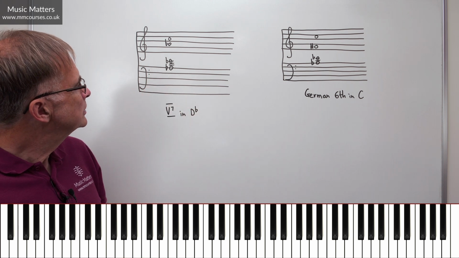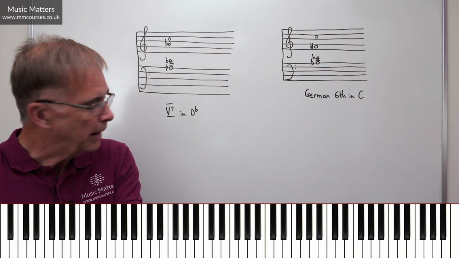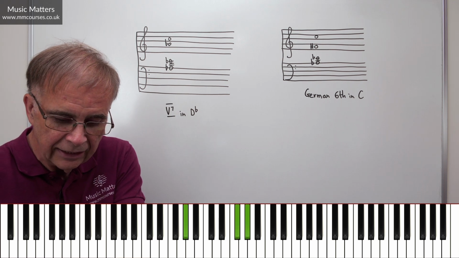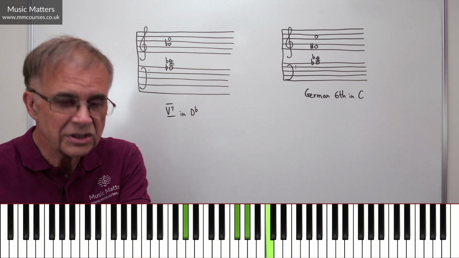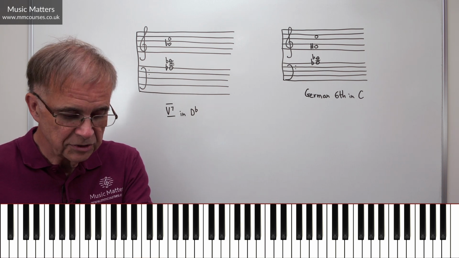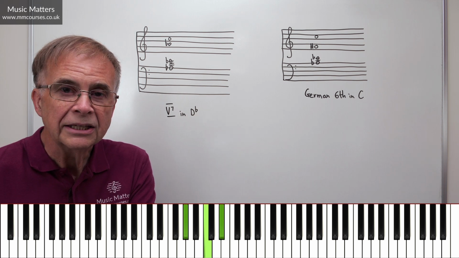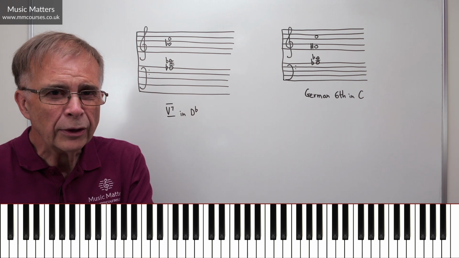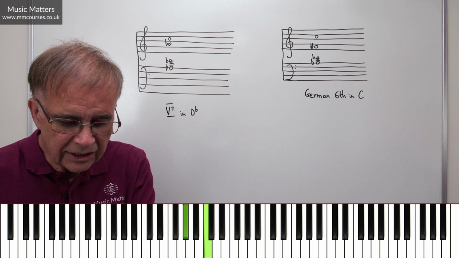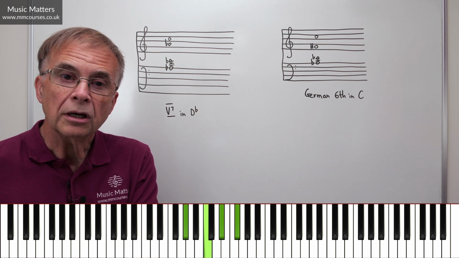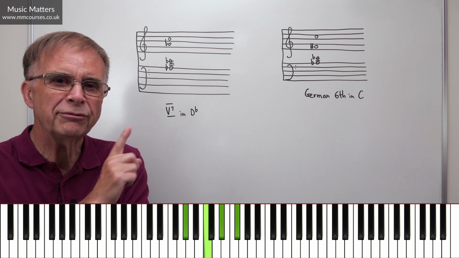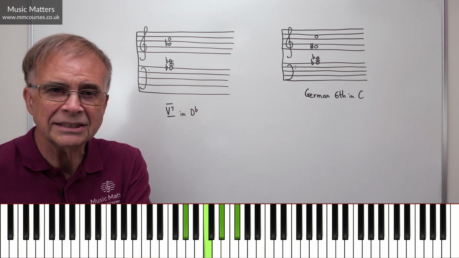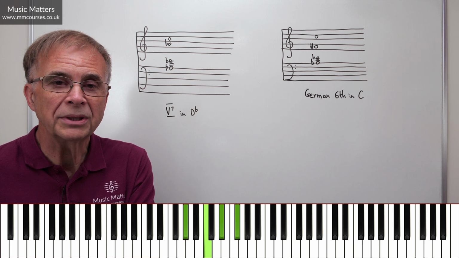So here is the dominant seventh chord in D flat major. I've just arranged the notes as A flat, G flat, A flat and C. So there's my chord, but of course the chord is in a kind of close position, A flat, C, E flat, G flat. Now in the case of the German sixth, the chord sounds the same because it's A flat, C, E flat, F sharp. So that's the difference. It was G flat when I was talking about a dominant seventh in D flat. Now I'm talking about a German sixth in C. I'm calling that F sharp instead of G flat.